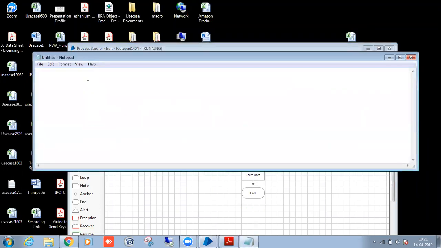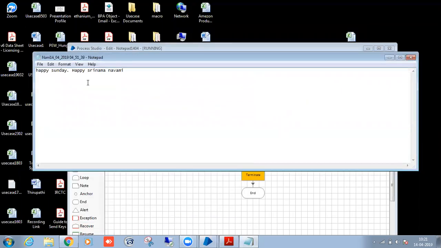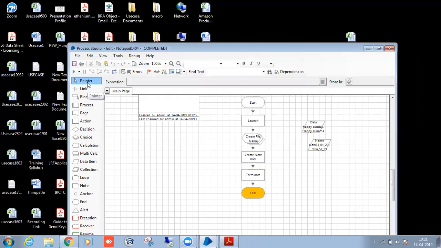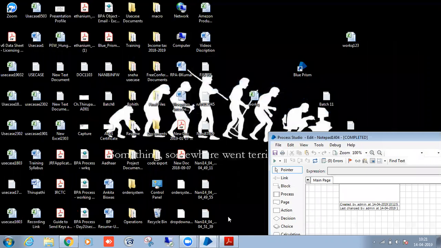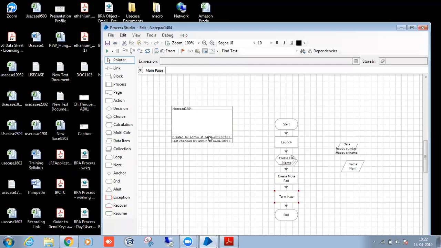N number of times it will run, and it will create the name of the document dynamically. And it will terminate the application. Got it? And you can see the documents: 1, 2, 3. If you run it again, one more. You can see that the application also terminated automatically.